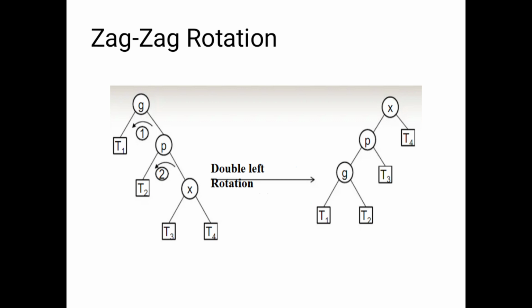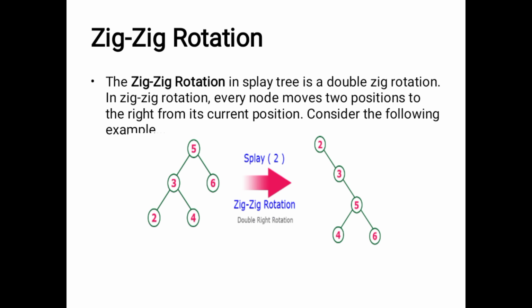First, the parent becomes the root, and its left side we connect to the grandparent. Next, X and its children we take to the root, and its right side we connect with the parent and grandparent and the left side. X is the root, and its right side we connect to the parent and grandparent's children. So X becomes the root, and its children are the parent and grandparent. This is the zig-zag rotation. Then we take some values and do the zig-zag rotation on the elements.